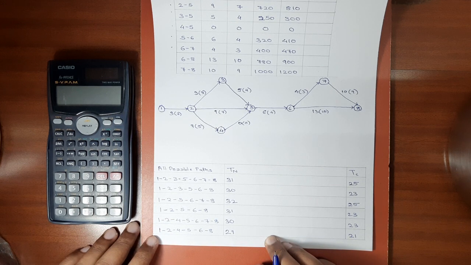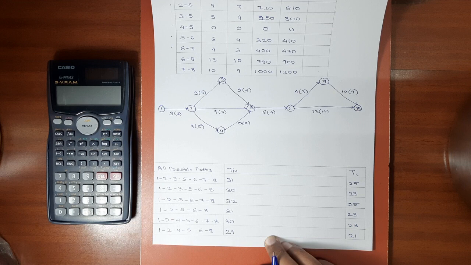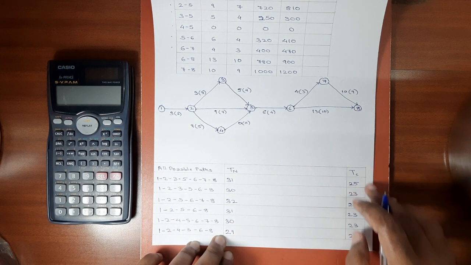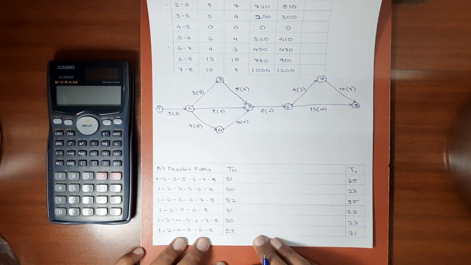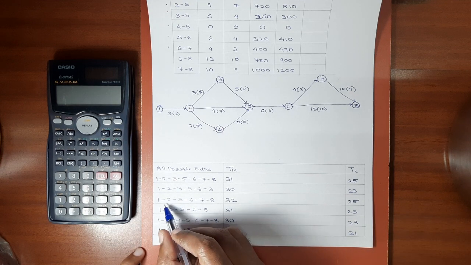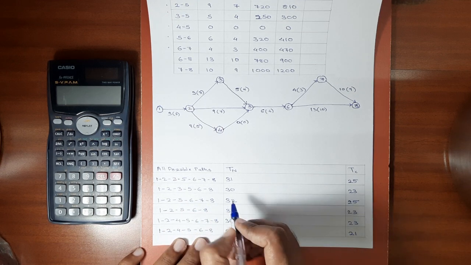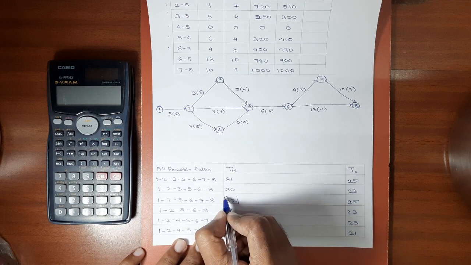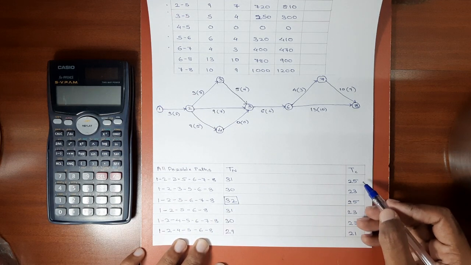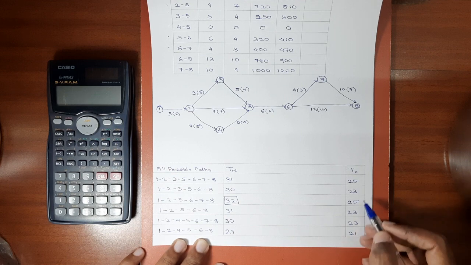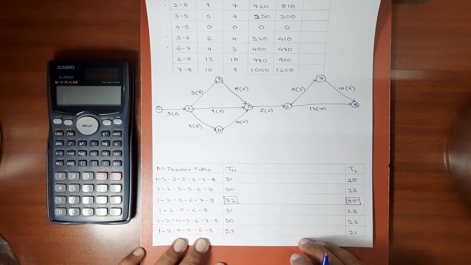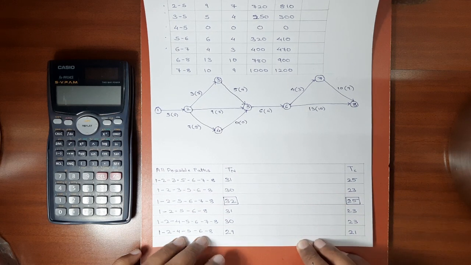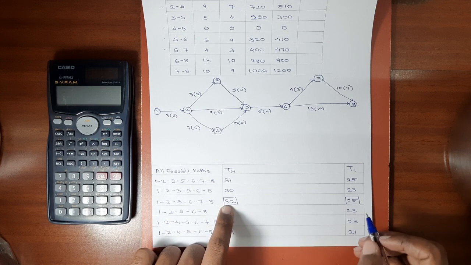Now these are the possible paths from first activity to last activity. We have the normal duration of each path and the crash duration of each path. Now let's find out the path which has maximum normal duration. The maximum normal duration is of this path 1, 2, 5, 6, 7, 8, which is 32 days. And the maximum crash duration is 25, which is for both the paths. I'll just take this one. Please remember, it is not at all necessary that the path which has maximum normal duration must have maximum crash duration.